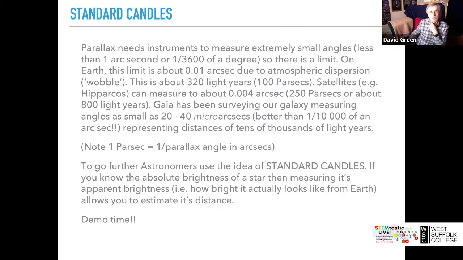So there's a lot of words on this slide, but basically what this is saying is that parallax angles are extremely small. In fact, the limit on the Earth of measuring a parallax angle is around something called, astronomers use angles called arc seconds. So if you imagine a circle is 360 degrees